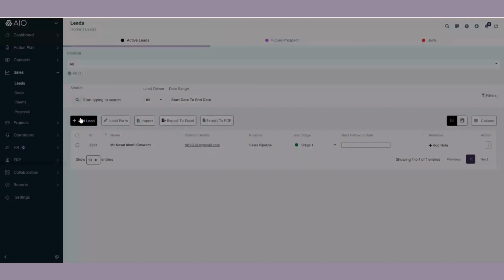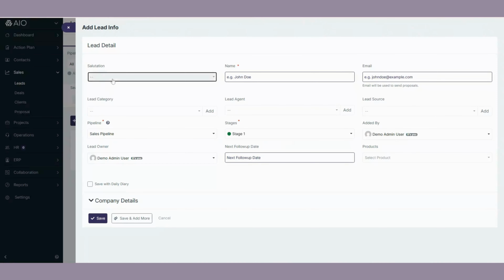To add a new lead, click on Add Lead. Fill in the lead name, contact details, and assign the lead to a pipeline and stage.